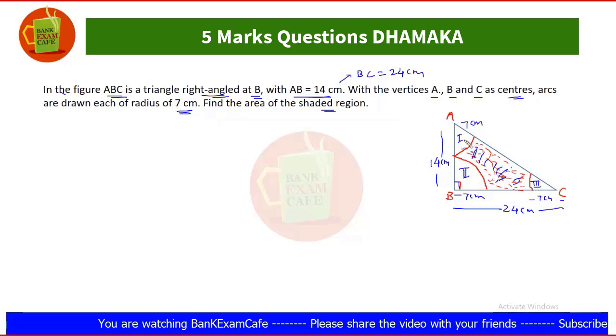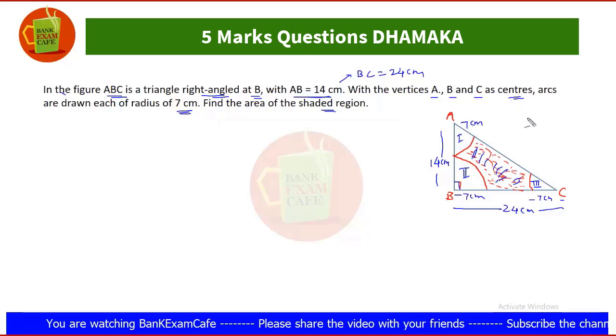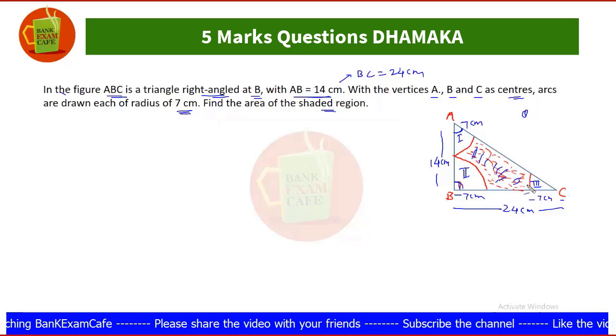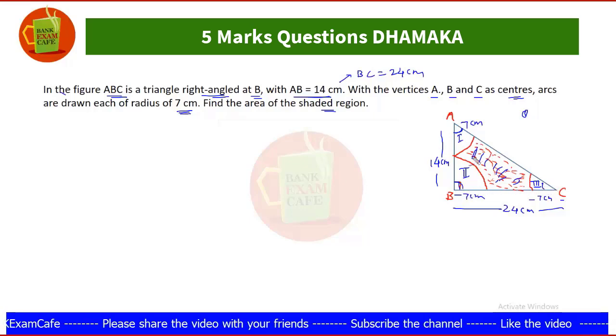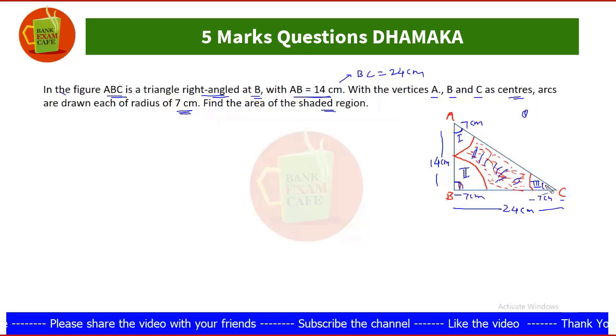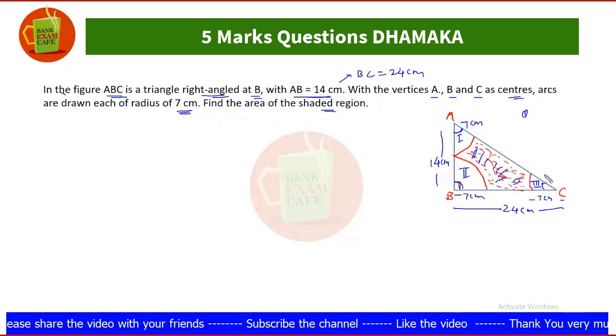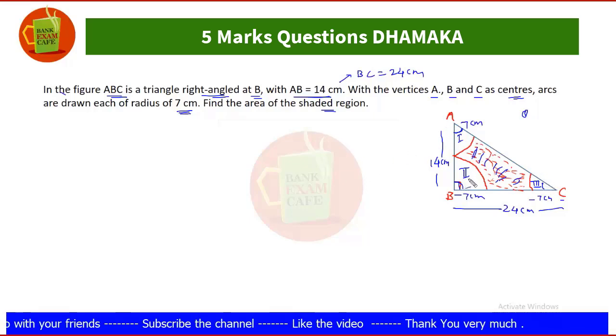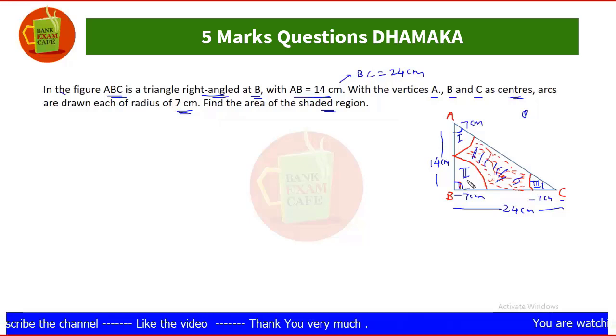But here to find the area of arc 1 we will need the angle of this arc, this angle and this angle. This angle we know, but these two angles we do not know. So in such cases, how to calculate these areas, that is difficult, and that is the only typical thing in this question, and so this is very important as far as the examination is concerned.